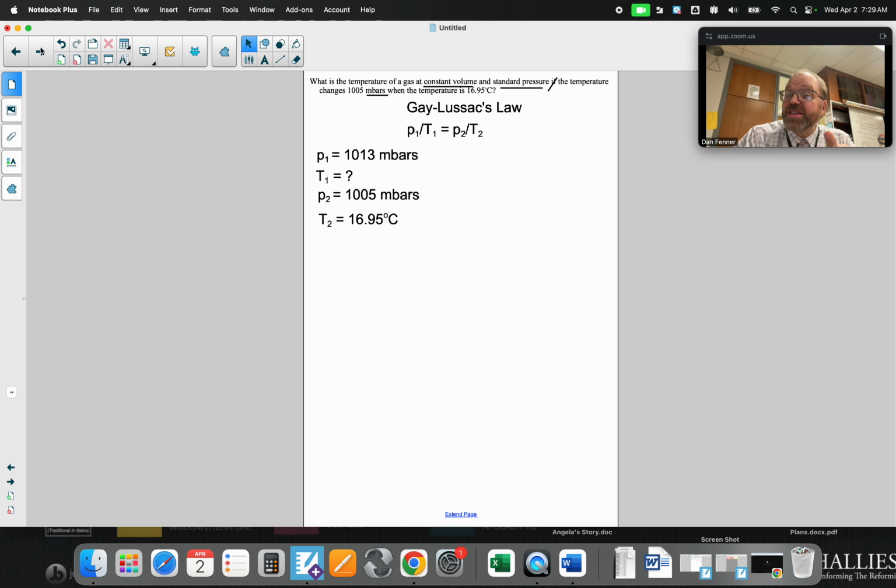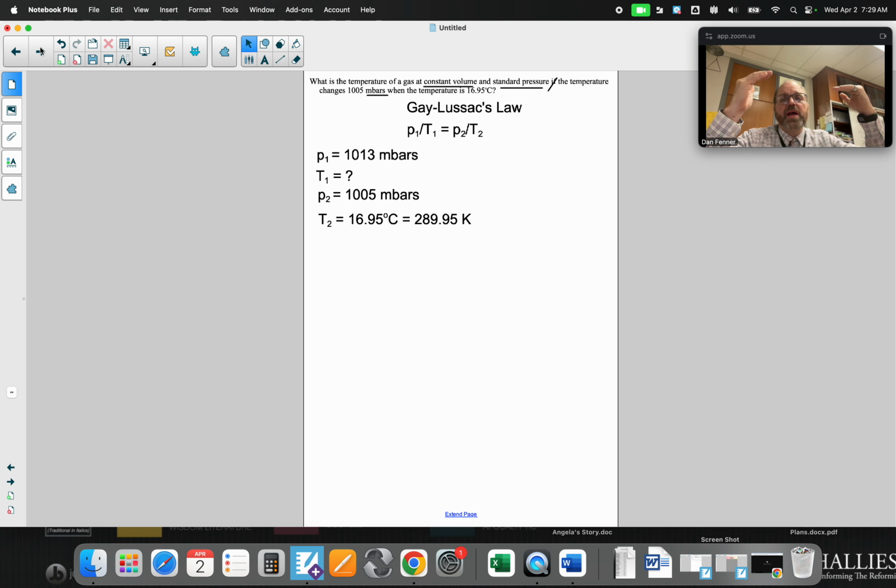Now, if you remember yesterday, we said Celsius we aren't crazy about when we work with it because of 0. So we've got to convert to Kelvin. We convert to Kelvin by adding 273, 273.00 for this case. So add 273, we get 289.95 Kelvin. Now, I got a little confused when I was doing the lesson yesterday. This is what I was talking about.